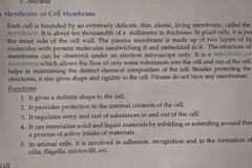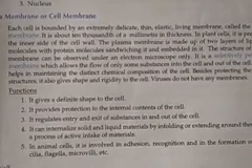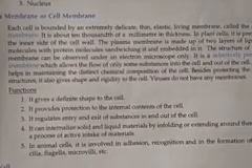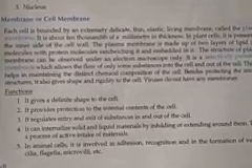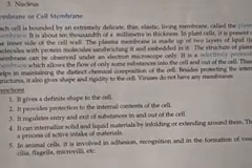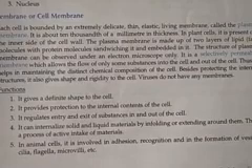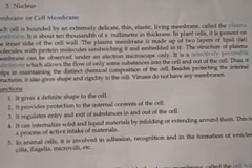Now, what is the function carried out by this plasma membrane? First, it gives a definite shape to the cell. It provides protection to the internal contents of the cell, meaning the organelles inside are protected. It regulates entry and exit of substances in and out of the cell. It can internalize solid and liquid material by enfolding or extending around it, and this is a process of active intake of materials.